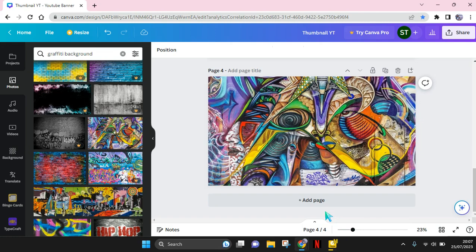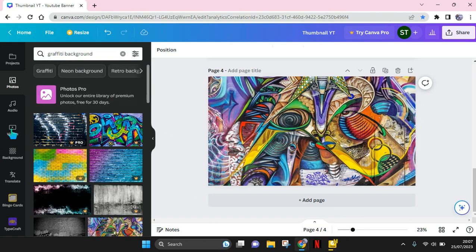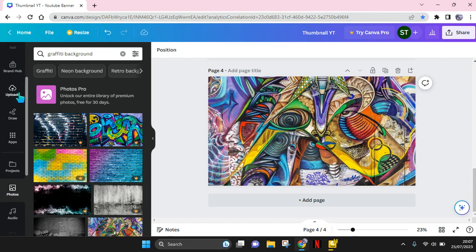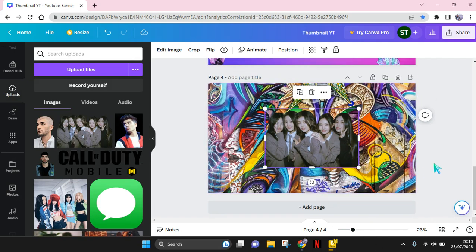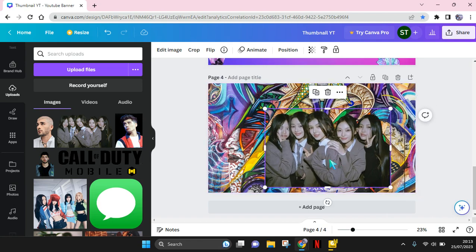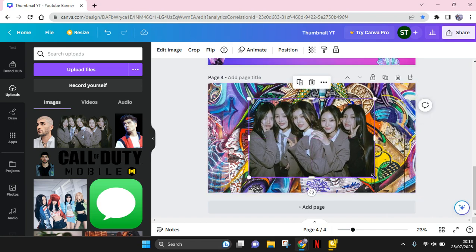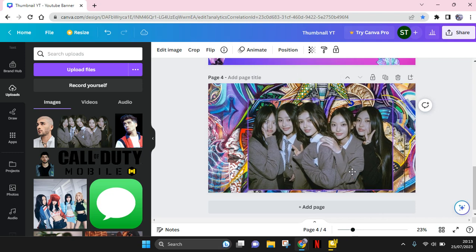and now add the photos that you want in the thumbnail. You can add your own photos here. Okay, I'm going to use this one. So you need to make sure that it doesn't have a background, or you can use the background remover from Canva. Here you can just adjust the size of the photo,